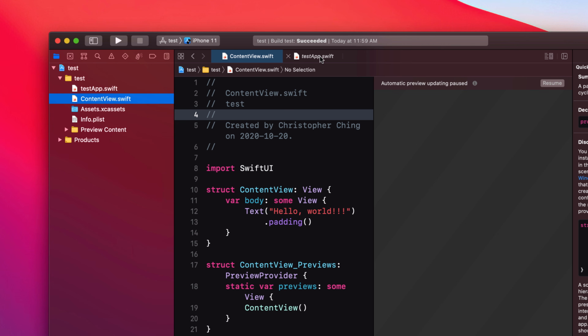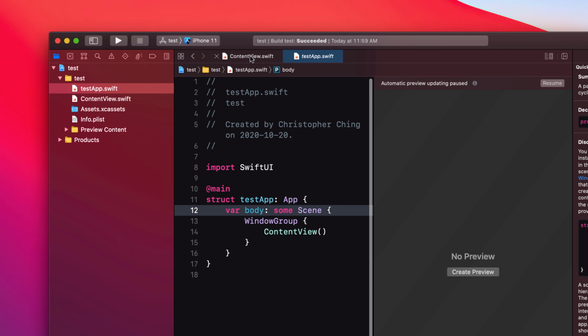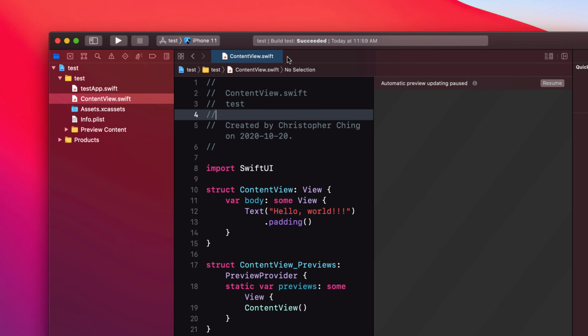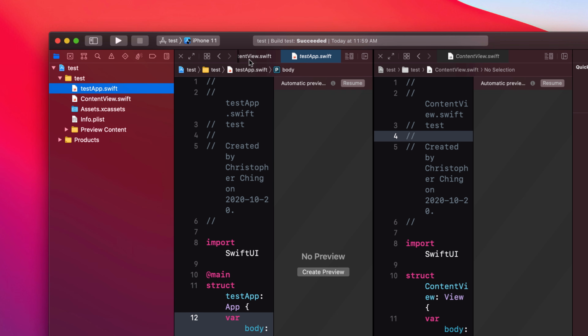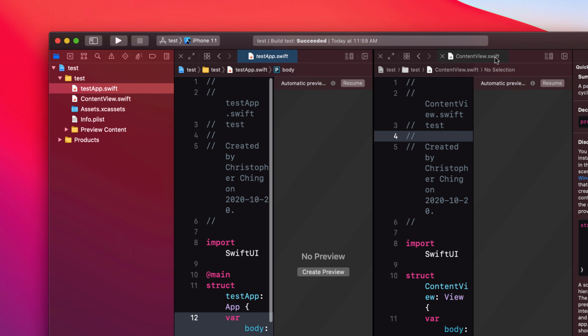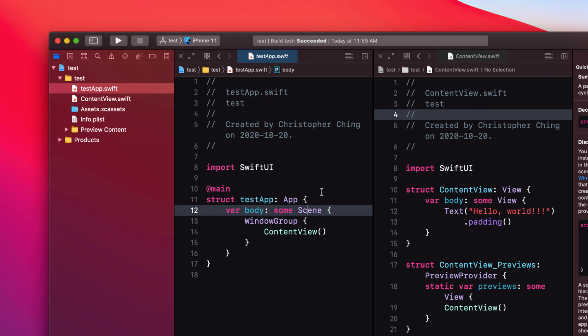Now, if you want to have things side by side, you can do that as well. So let's say I wanted to look at both these files side by side. So I can close this and then I can go ahead and add another editor pane on the right hand side. So I can split my editor area into two editor areas. You can see that here I'm looking at content-view.swift, and for here, let's look at the test app. So they're independent areas. And I might want to just get rid of my canvas, and then I can see